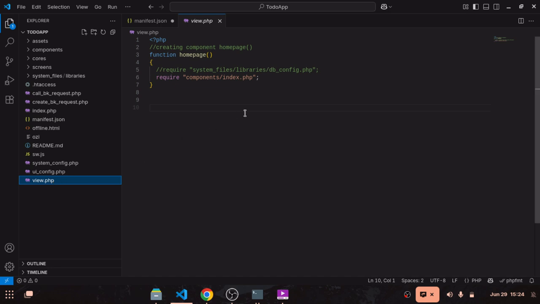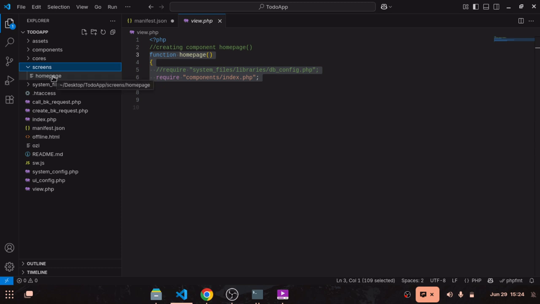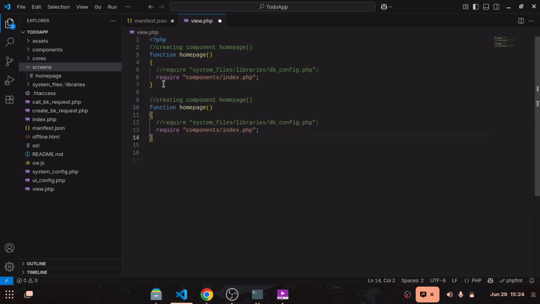And for the view, this is the most important in all of this, because this is where your app screen is going to be created, which is where your app pages are going to be created. For now, we already have homepage, which I showed you earlier here on the screen. We have it here. So we have homepage, and we don't have to type this from the beginning. Like if I need an about page now, I have to do something like this: copy and paste, and then